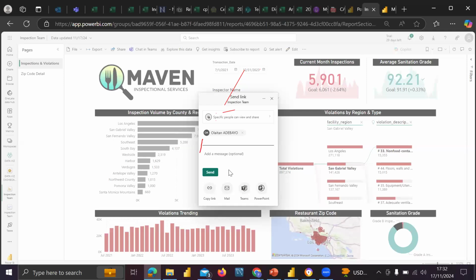So you don't need to publish to the web. That is the control. Nobody will have access to it except Olaitan, or someone who logs in using Olaitan's email address and password. So there's control and security over it, and you don't need to be bothered about it. What you want people to see is what they will see.